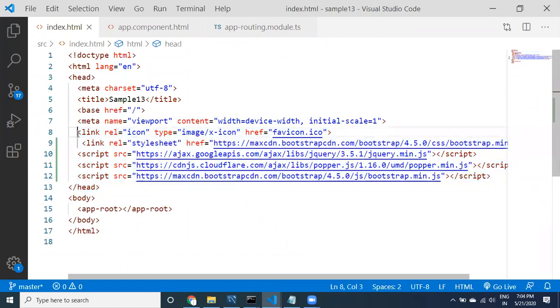Directly you are referring to the CSS. See here guys, we are referring from the internet by using the link tag. This is the usual approach when we are working with HTML and any CSS like Bootstrap or any other CSS. If you want to use normal HTML, we use the link tag. If you want to use any scripts, any JavaScripts, then using the script tag it will be displayed like this.